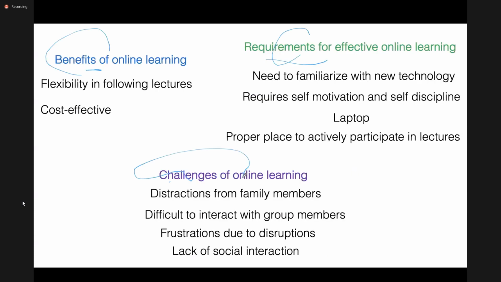So for example, let's say, rather than identifying these individual codes, you have just coded everything under challenges of online learning.